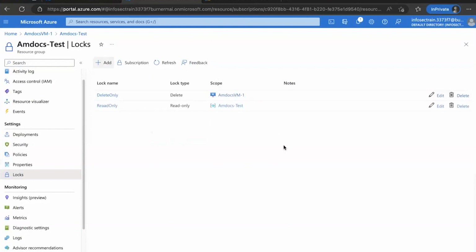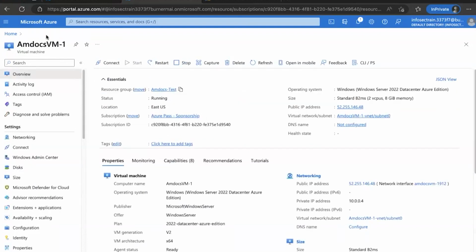and click on OK over here. Now you will see the difference here. This scope is at your resource group level, and the other lock is only working on the one resource, one virtual machine level only. This is going to be part of this one over here. So we have two different locks in here. And while we are talking about the two different locks, I'm just waiting for them to take effect. So I will wait a few seconds so that the read only lock can also take its time and apply the changes over there.